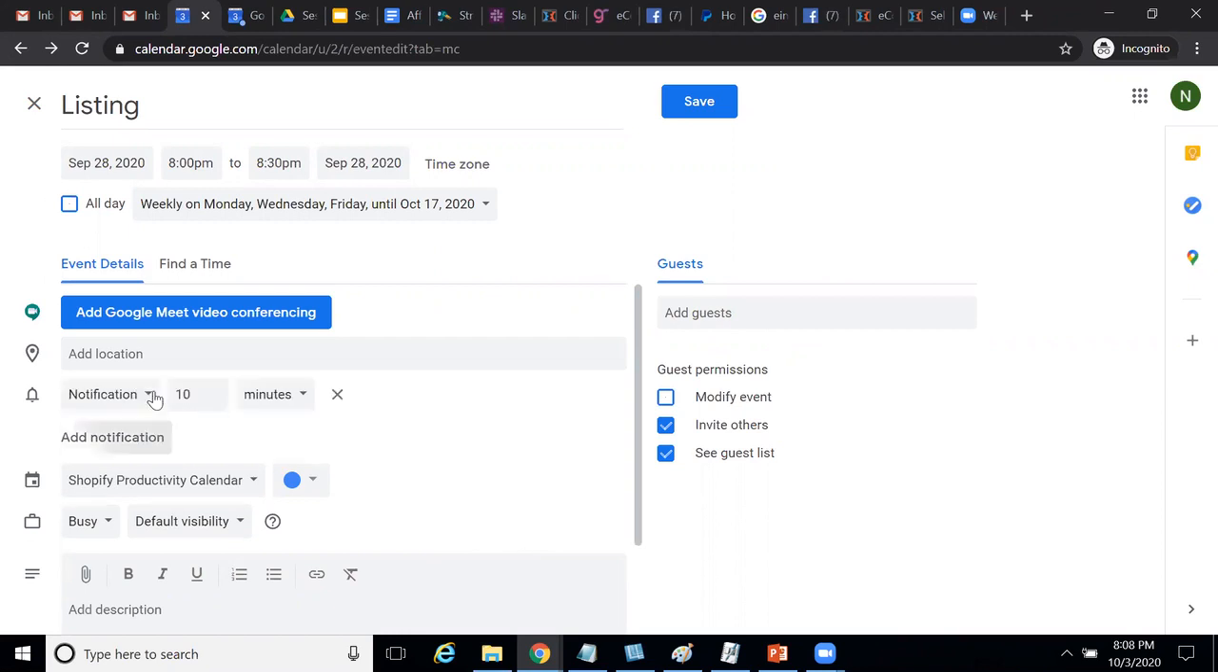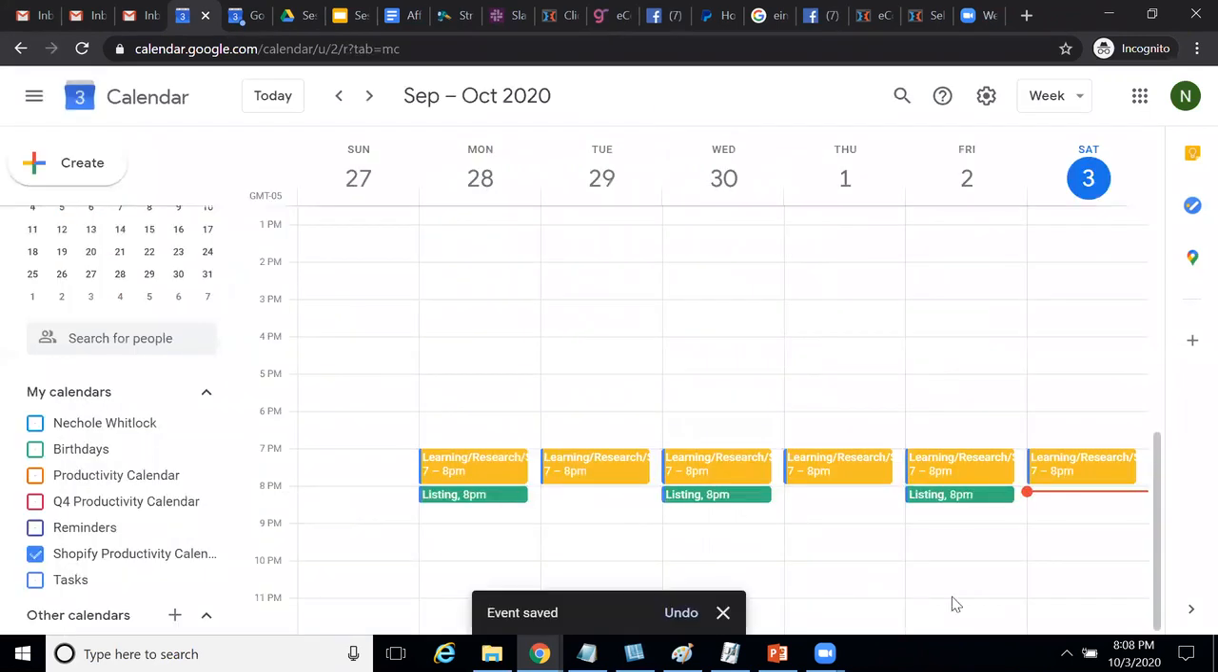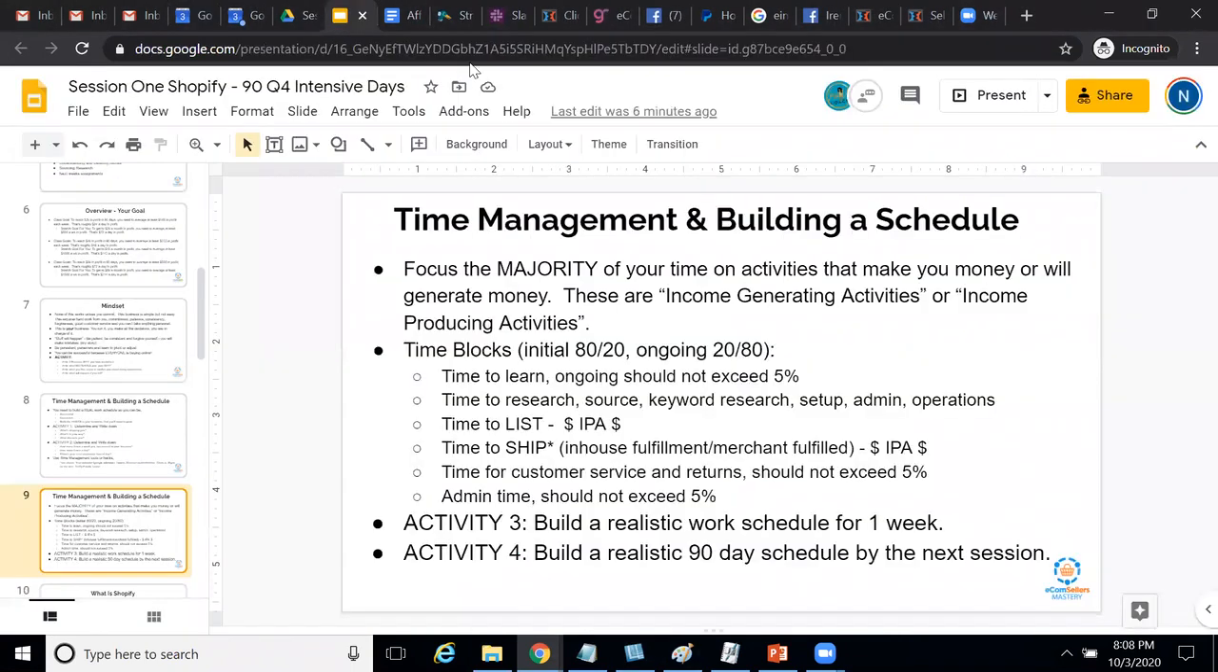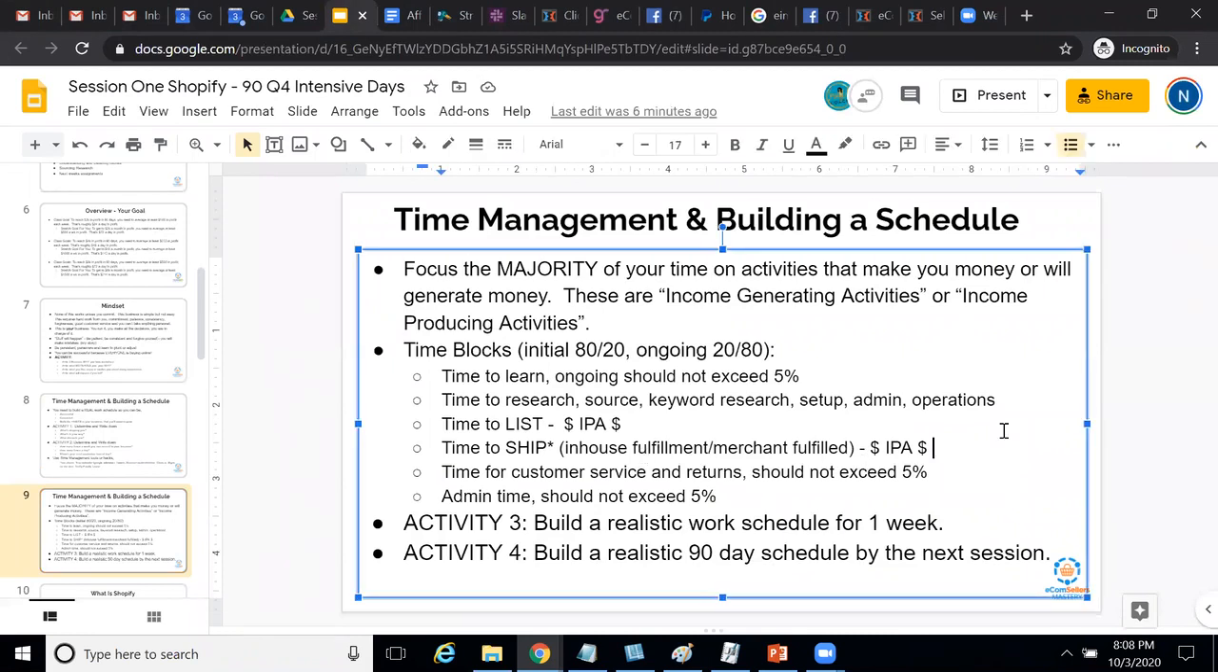So set up notifications, 10 minutes, and change this color. And this is a listing related activity. Then if you've got some additional things that you're going to be doing, go ahead and build it into your schedule. So the activities that I have documented that you're going to be engaged in, the one thing that I forgot to add here was,